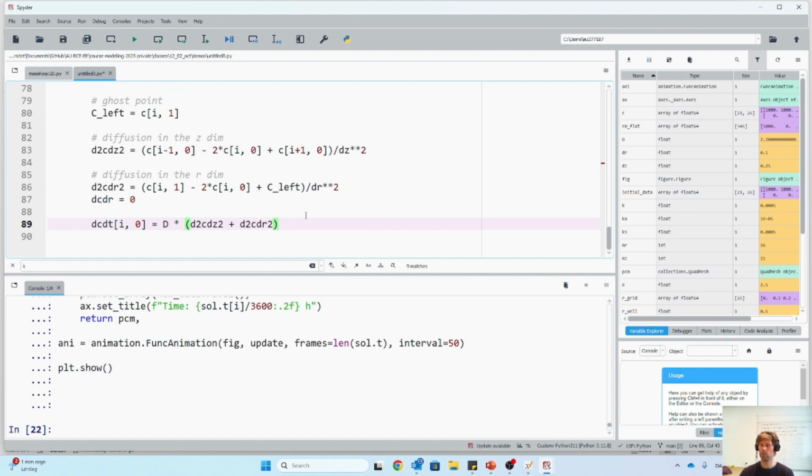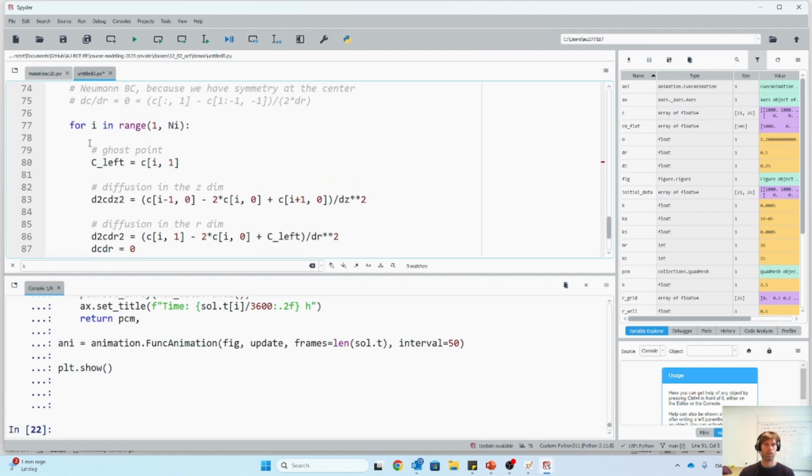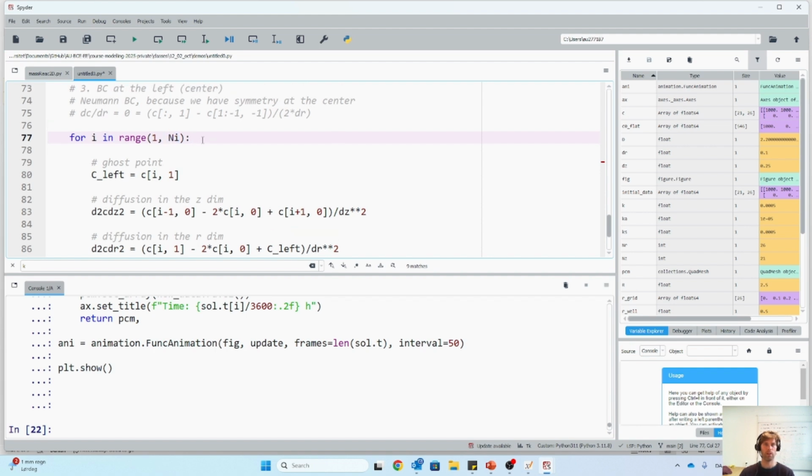So as you can see, we looped through from 1 to ni, but ni is exclusive. So we are not catching the upper left point